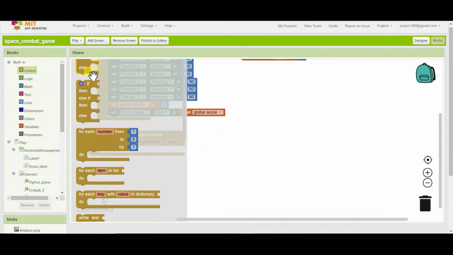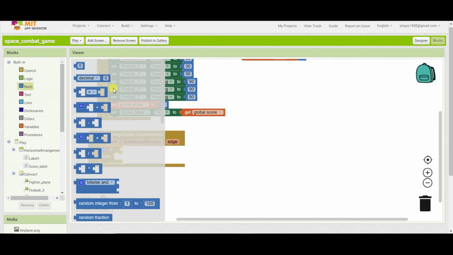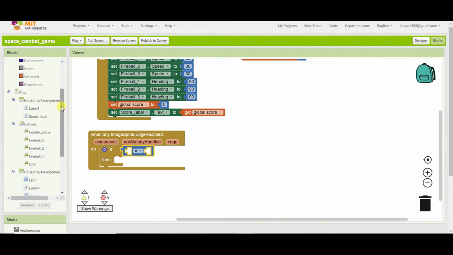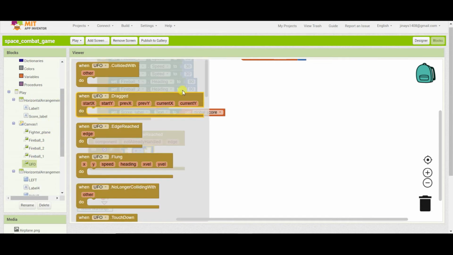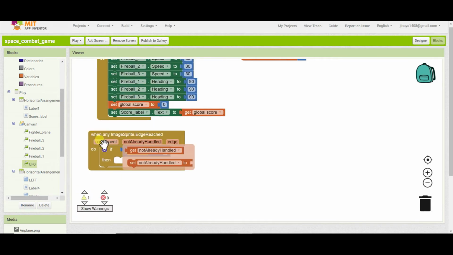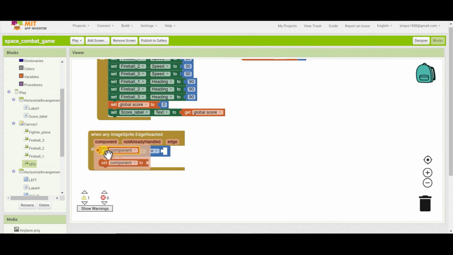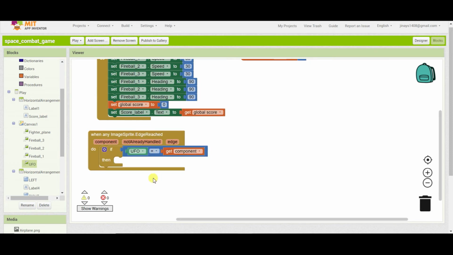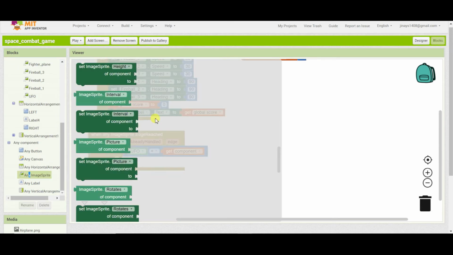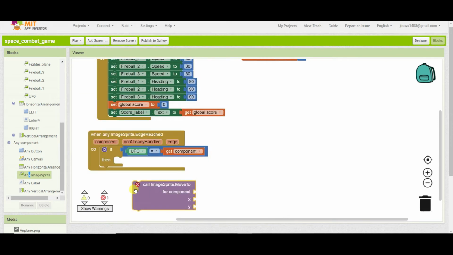Now I will take one if condition here. I will go to maths and I will drag one equal to sign. If UFO, I will take the last block, is equal to get component. Then we have to call image sprite dot move to.